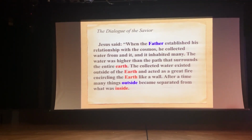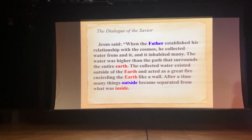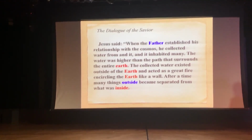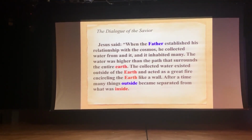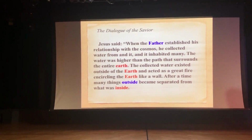This is a little bit higher level, so I want to see if anybody can determine what the water means. The water in this one is equivalent to what in the other one? Does anybody know? What was that? The what? The world? The wall. Okay,